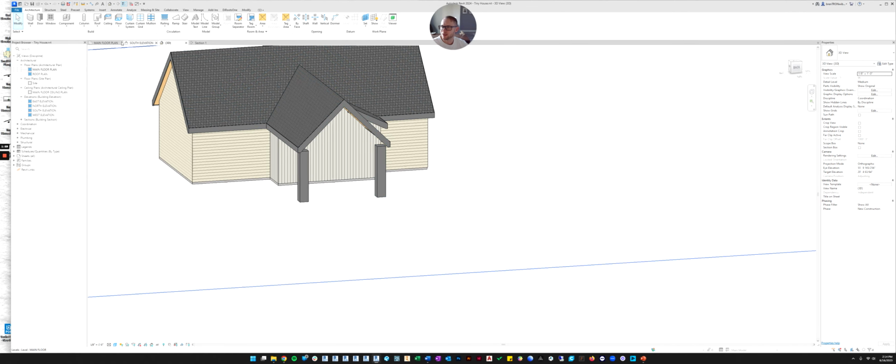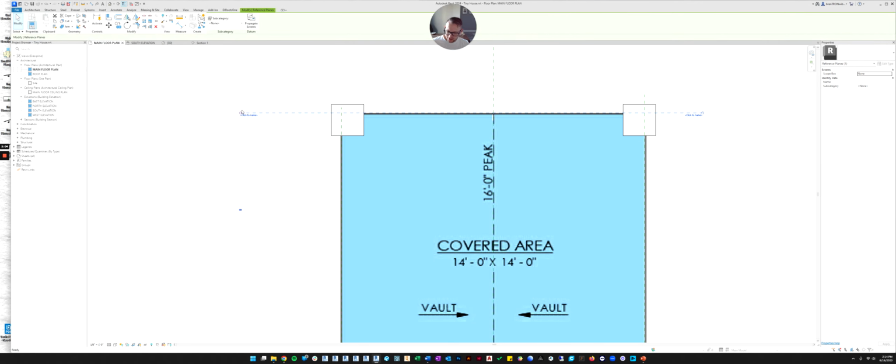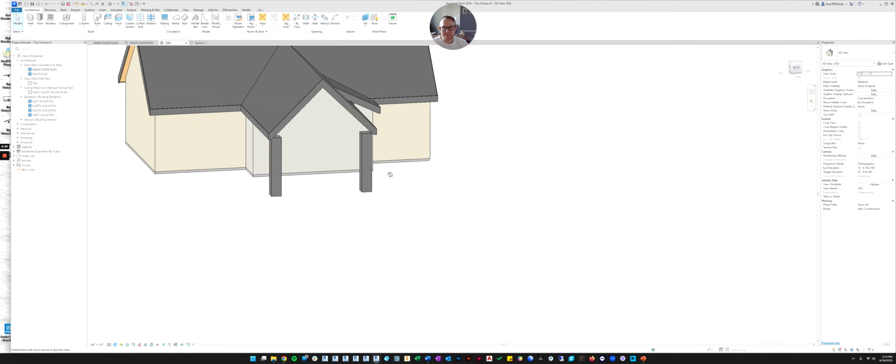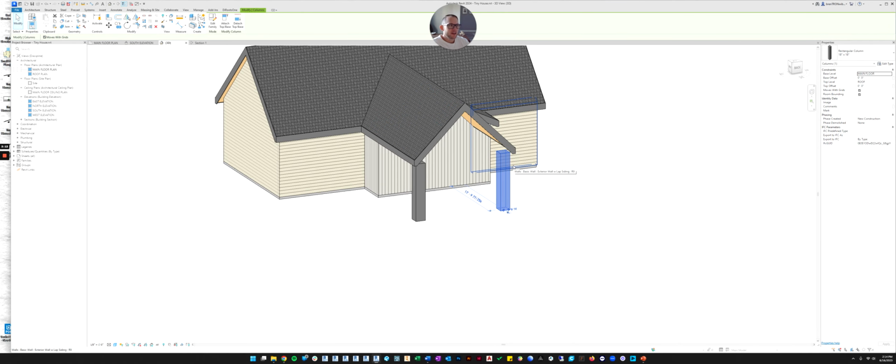Based on what I'm seeing on the floor plan, they're probably just using dimensional lumber, like a 6x6, right? So let's see what we can do. Like I said, this is a component family, which means it was already made and it was loaded in. And so the things that you can change about this column depend completely on whoever made this family before it was loaded in. So if I click on the column family, you look over here at its properties,